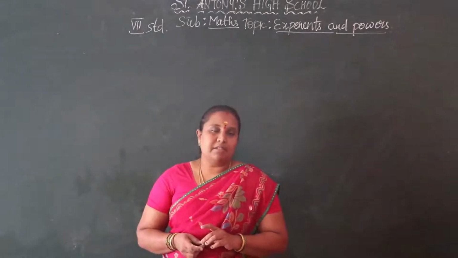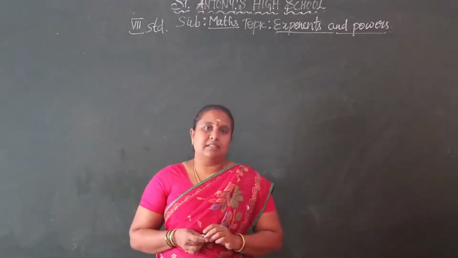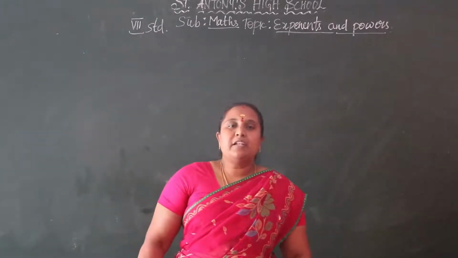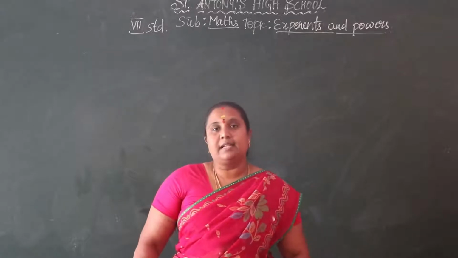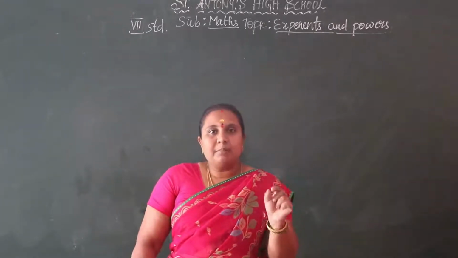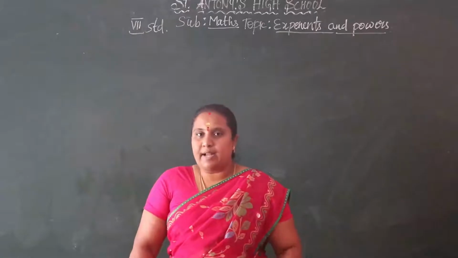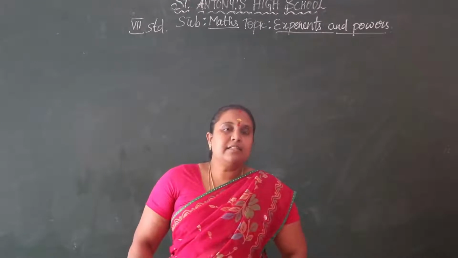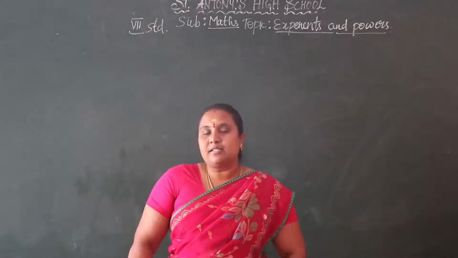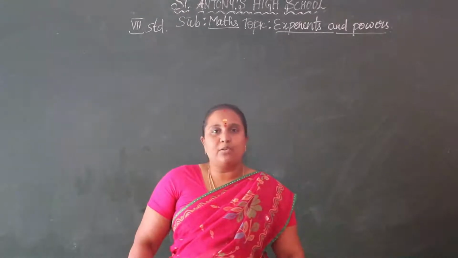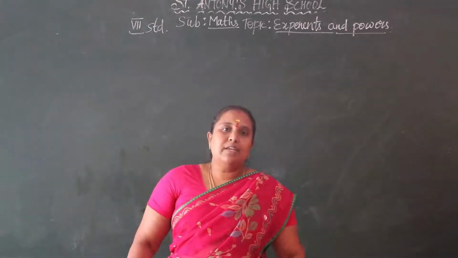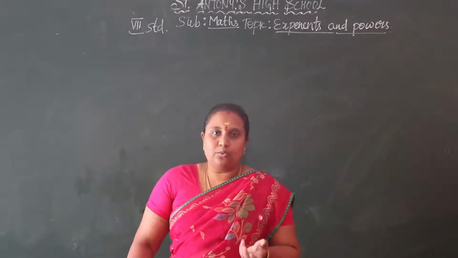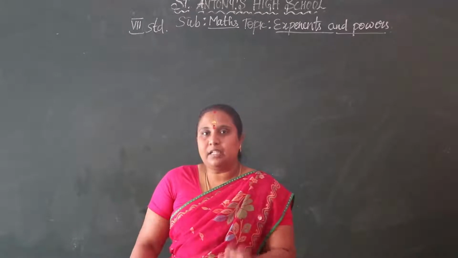So, the decimal number system. In the decimal number system, we know how to expand numbers. You learned the expanding of numbers in your earlier classes, isn't it? When a number is given to us, we have to expand that number based on the place values: units, tens, hundreds, thousands and 10,000s. Then we have to write it in exponential form. Let us see how to write the expanded form of the given numbers.